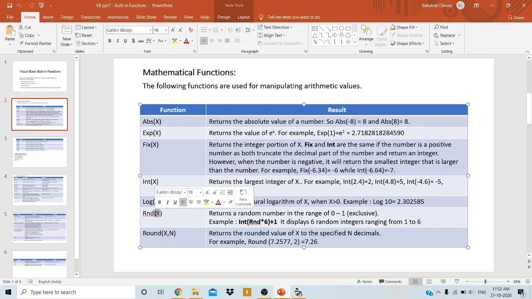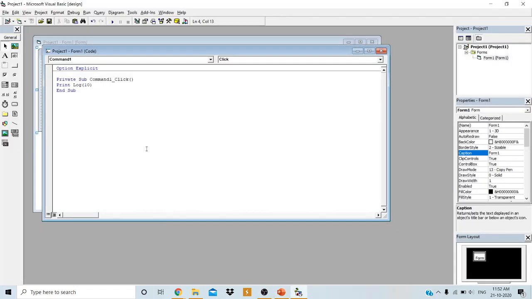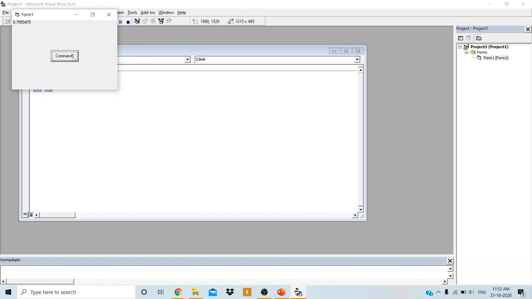For the random function, you can either provide the argument or leave it out. It is an optional field here. So I will not provide any argument here, RND. See what it is going to generate: a random number between the range 0 to 1 only.